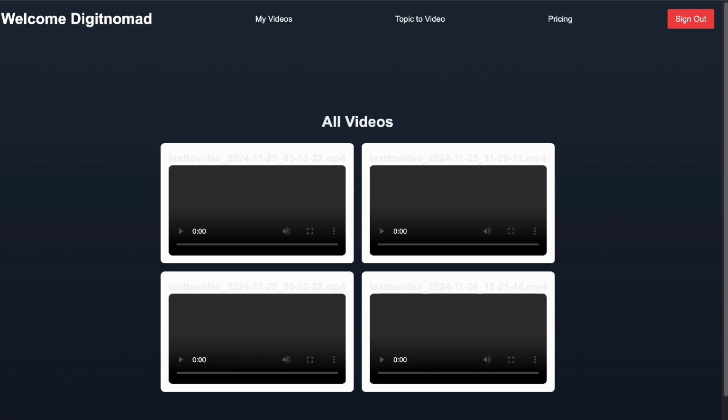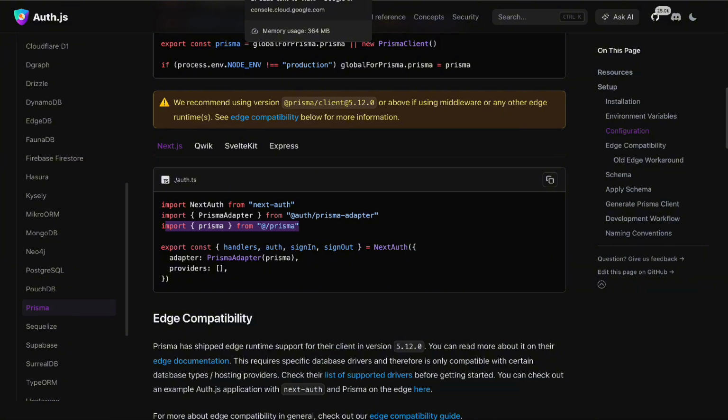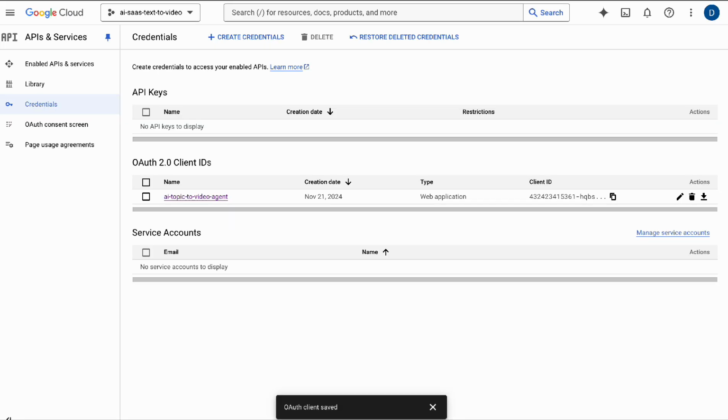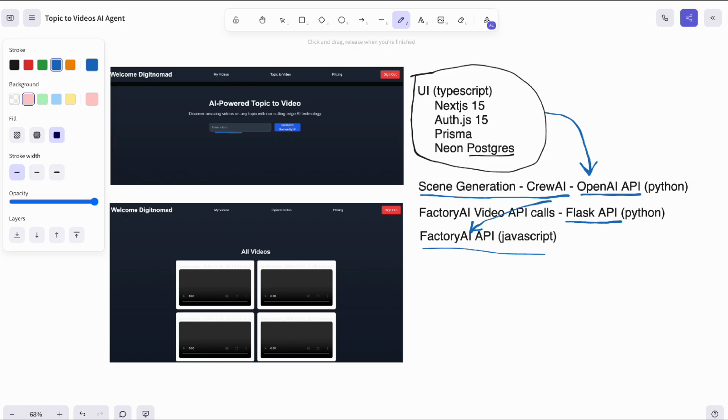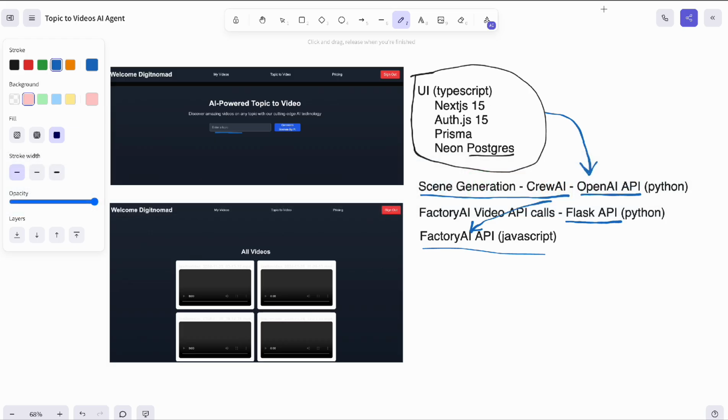Right, so let me see. I think I have it, it's a Prisma API. Where's the videos? Okay, right, so let it run, but I will show you. It's not done yet, right? So when it's done, I'll